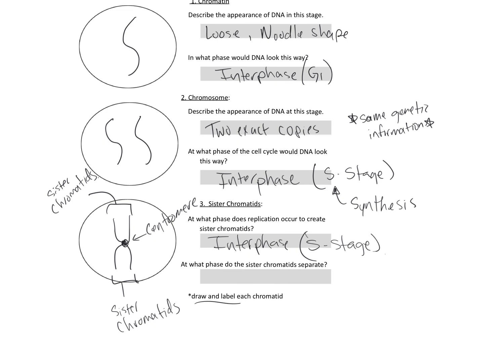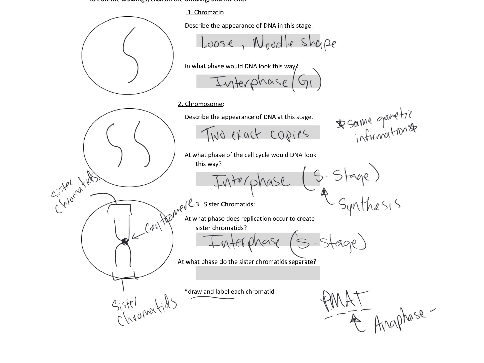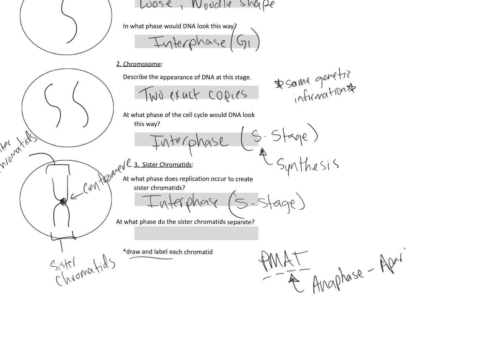Okay, awesome. So, at what phase do the sister chromatids separate? Okay, so you're going to want to think "I play music at the club," or think PMAT. That's where I'm getting that from. The A in PMAT is going to remind us of anaphase, and also that they're being pulled apart at that stage. So where it says at what phase do sister chromatids separate, we're going to say anaphase. Okay,